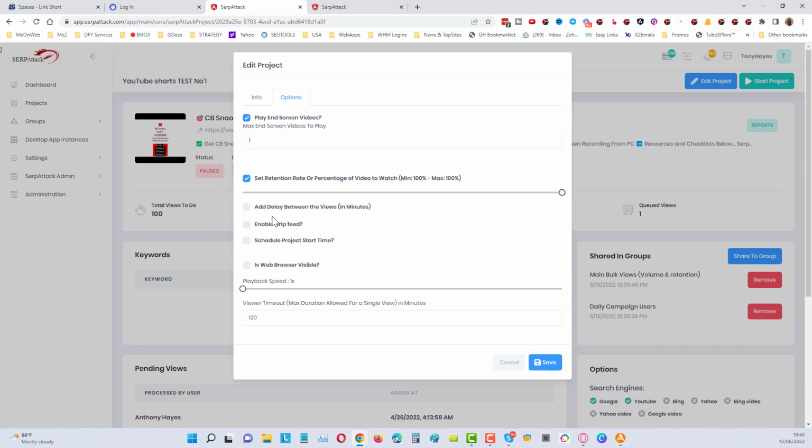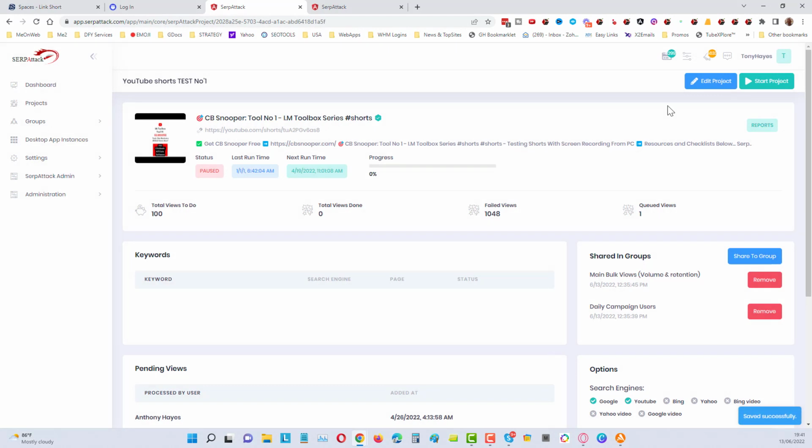Okay, we can add delay in between views, etc., and the playback speed we can make faster as well. We can make it 1.5 times. Okay, that should help us to get through those campaigns very quickly, but it's entirely up to you whether you want to do that or not. You can just leave it at 1x speed because it's not so long. That can put a little bit more of a delay between the views as well. So all we do then is click on the save button in here, and then we're going to fire